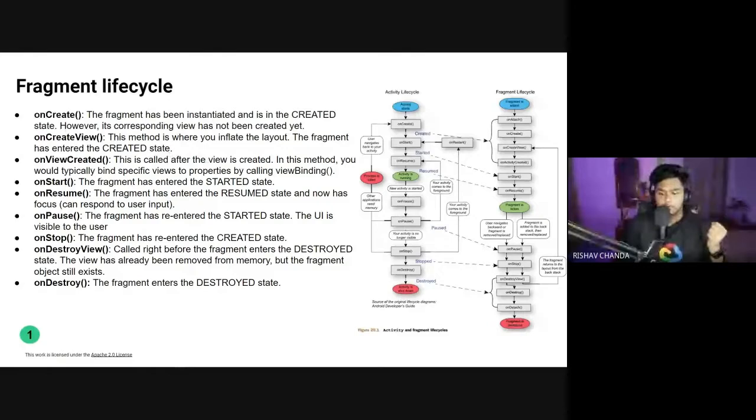So after this onStart, what happens is onResume opens up, means the onResume method is called, and in this method what happens is it comes into the focus part. Now the user can interact or do anything with the fragment, like the user can input any text inside it, the user can click on buttons, and all these things happen after this onResume. You can also see in this one that after this onResume, the fragment is now active, and the user can navigate backward or remove or replace the fragment inside these activities. Then the fragment is added to the backstack. Okay, so this one is the function after the onResume.